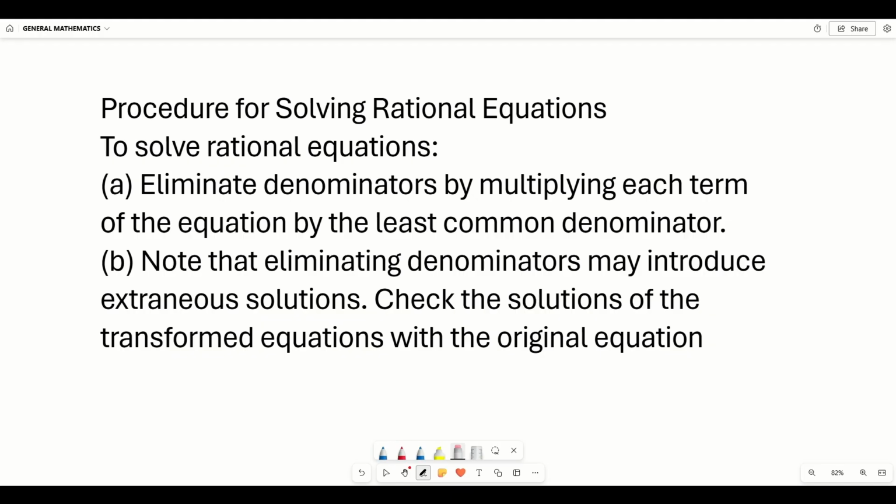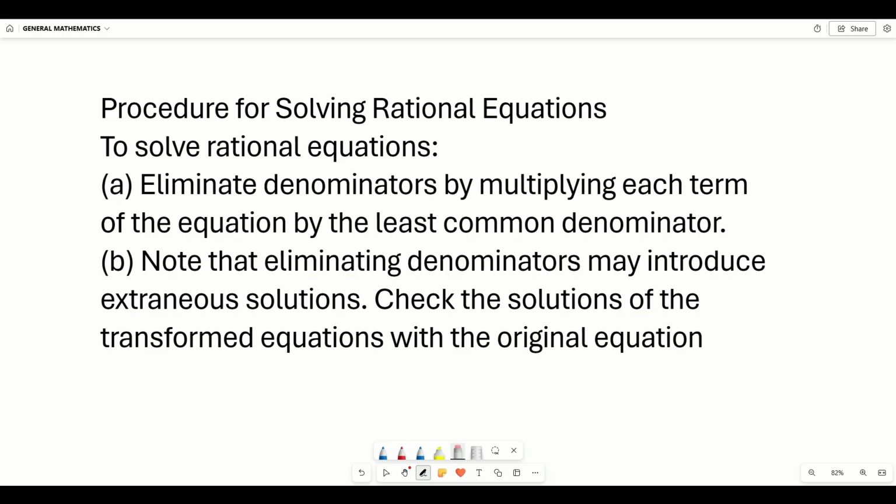So let's begin. To solve rational equations, we need to eliminate the denominators by multiplying each term of the equation by the least common denominator, or the LCD. Upon eliminating the denominators, we will solve the transformed equation as we would with linear equations, quadratic equations, or other polynomial equations. Do note that when eliminating the denominators, it may introduce extraneous solutions, or these are the values